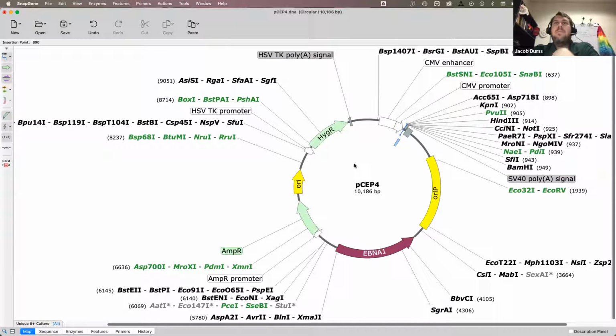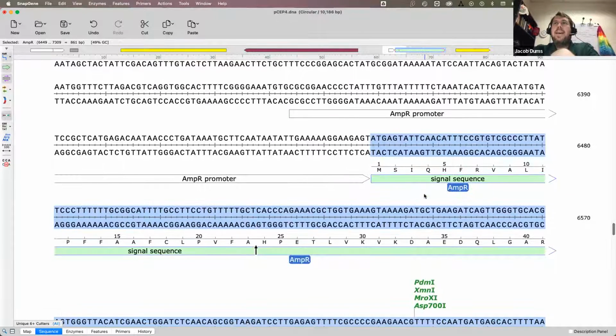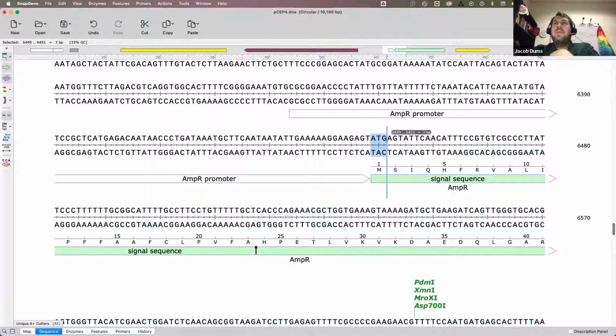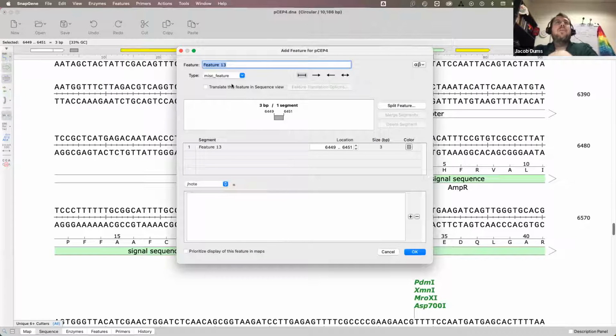So I could make something up, but let's try to do something a little more useful. Go ahead, look at the ampicillin resistance gene, and I'll just do something simple. I want to clearly mark that this ATG is the start codon. I could highlight a lot more, but in this case, I'll highlight ATG. If I come up to features, I can add a feature, duplicate, remove, many, many things. But I can go here, add a feature, call this start